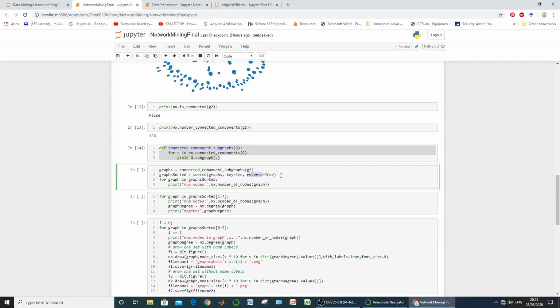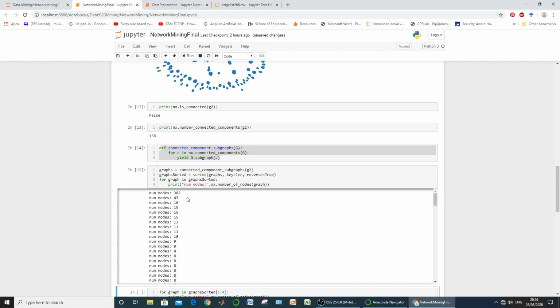So it is going to have the graphs in sorted order, meaning the graph with the highest number of nodes will be the first one, then the next, and so on. And now we want to have a look at the nature of these graphs which just came in sorted form. So just execute this block.